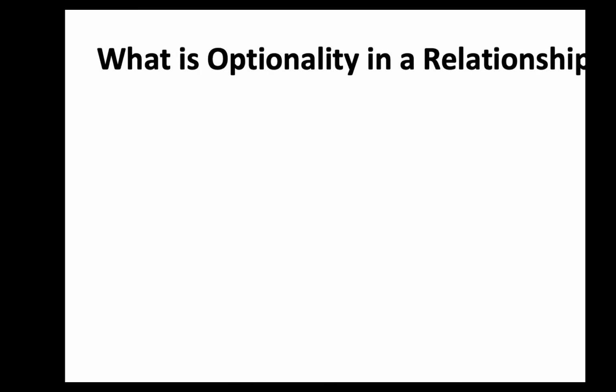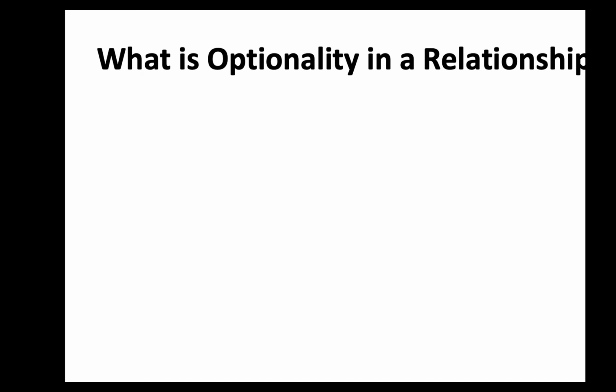Then we talked about optionality in a relationship, optional and mandatory. So a relationship between two entities could be optional, or it could be mandatory. And we talked about different examples. A good example about optionality is that an employee may have dependents, right? We talked about this in the last class as well. Optionality, may have.